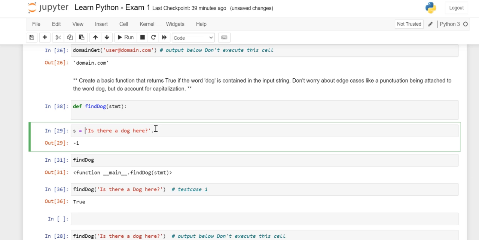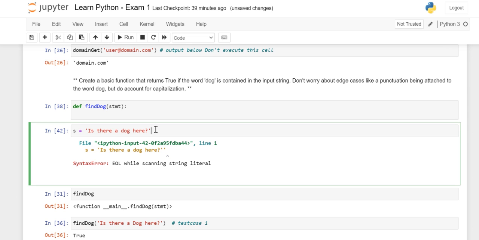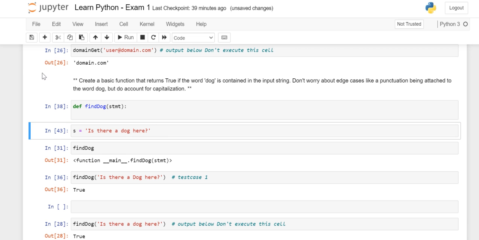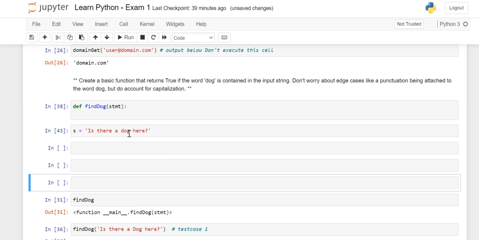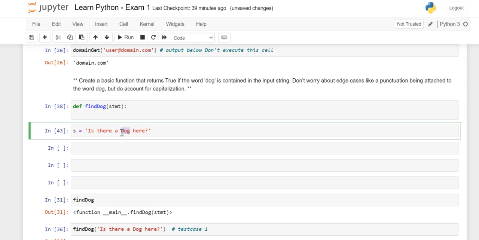Okay, now let's see, we have a statement. Let's define a string. So what I did, I just defined a string which contains a dog statement. One more piece of advice: when you are starting, for example, here I want to find a dog, so always go with the positive statement where the dog exists, so that you can create your code. Don't go with the opposite case, where there is no dog. Fine, always go with the positive scenario. I took a statement which contains dog.